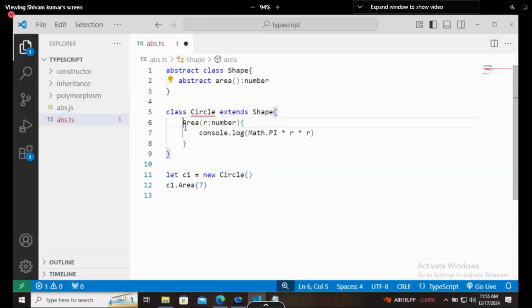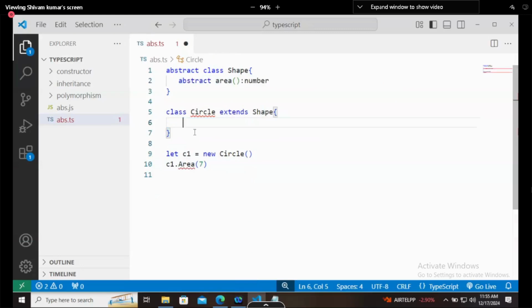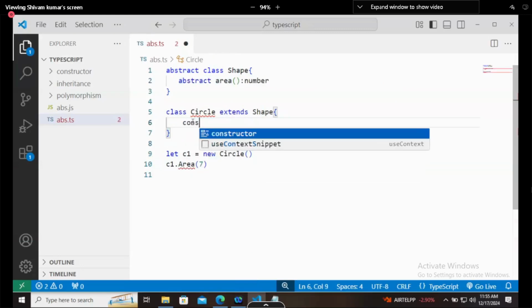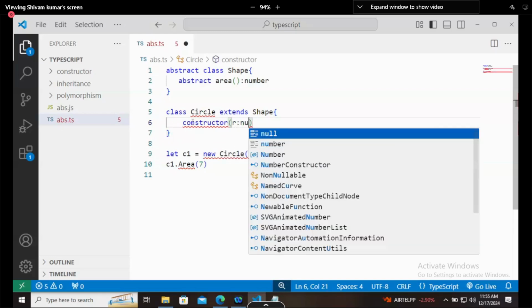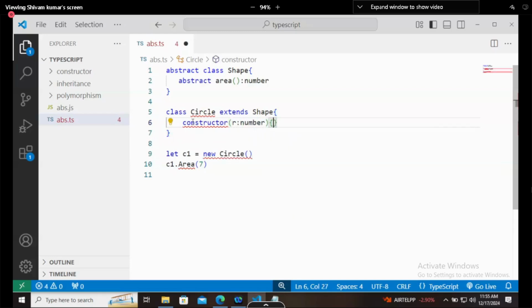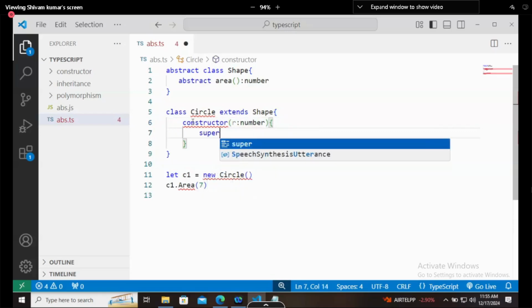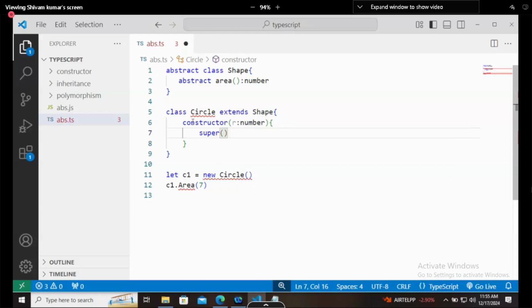So instead of writing the area in this way, let's create a constructor here now, and the constructor will accept one r, which will be a number, and after that I will mark it with the super keyword. Once you are writing super, it means this.r equals r. Okay, this.r equals r.